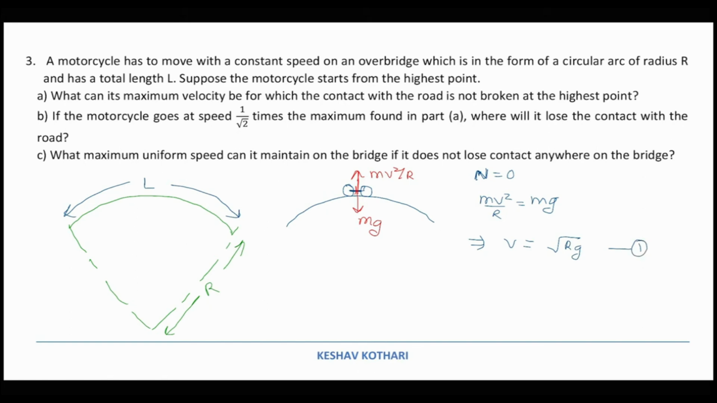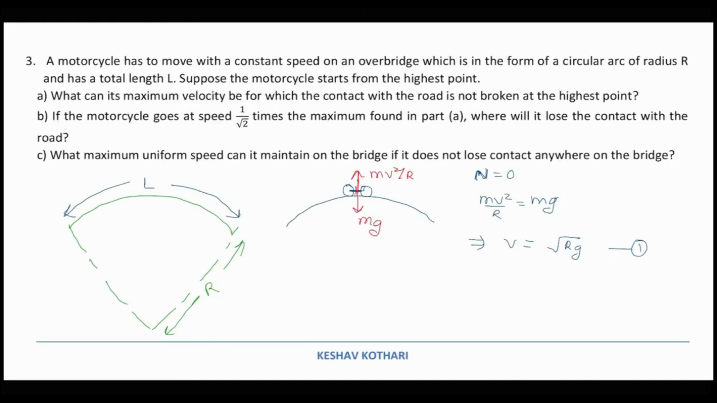Now in the next part it is saying, if the motorcycle goes at a speed of 1 by root 2 times the maximum found in part A, where will it lose the contact with the road? So if we are considering this portion over here, the question is giving us a velocity equal to 1 by root 2 times the previous velocity, that is root over rg. And if we consider that it loses contact at a point somewhere here,